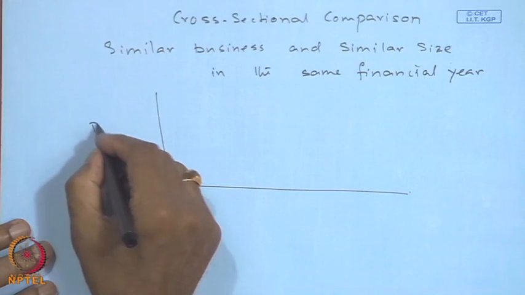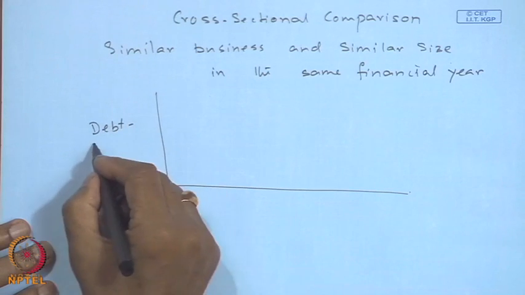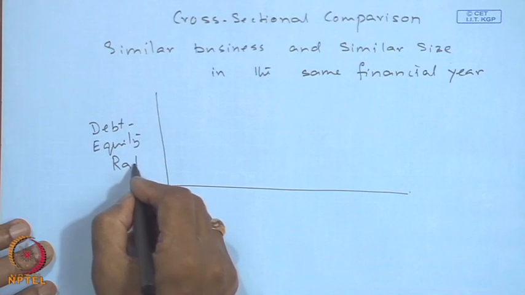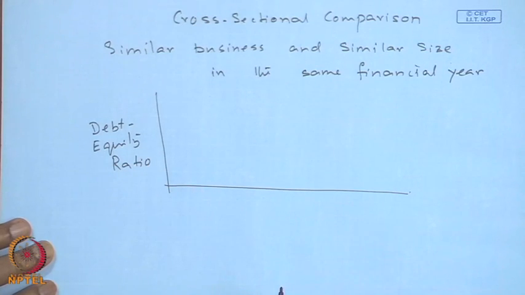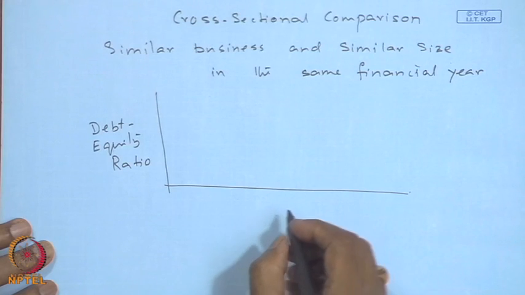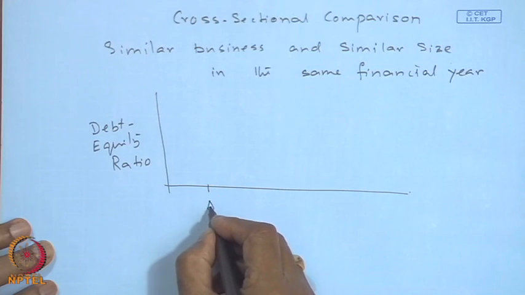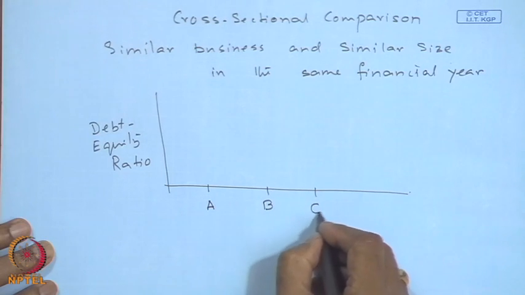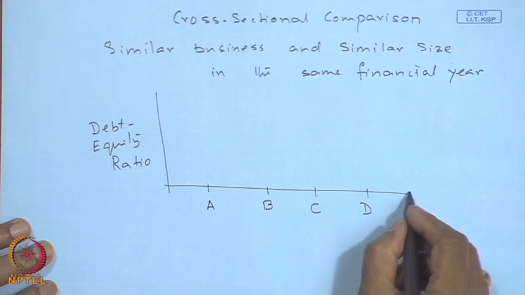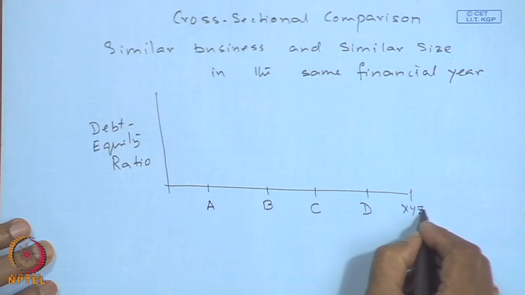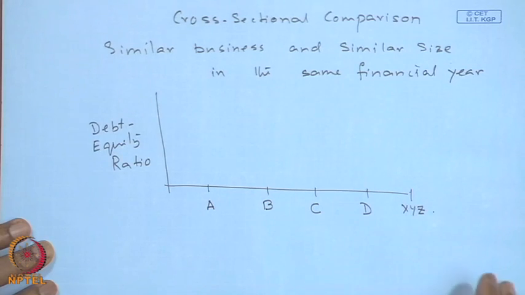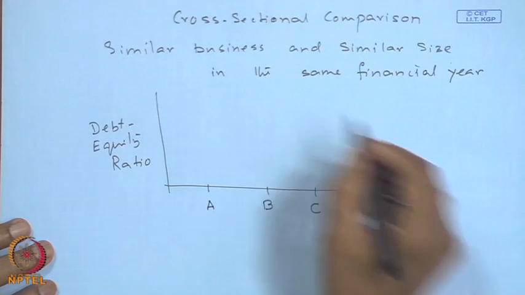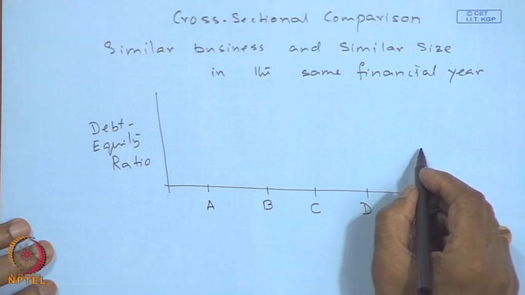Let us say we plot debt equity ratio. If you plot debt equity ratio for one company, company A, company B, company C, company D and our company XYZ. The debt equity ratio for our company, let us say, stands at, I do not remember the value, let us say it is 1.8,